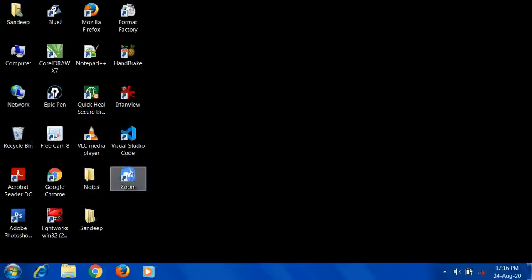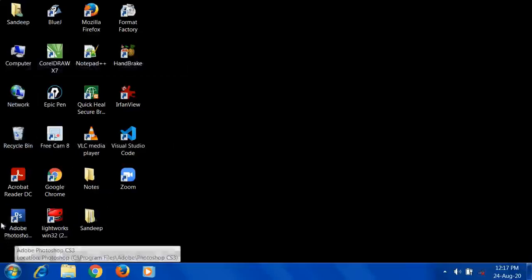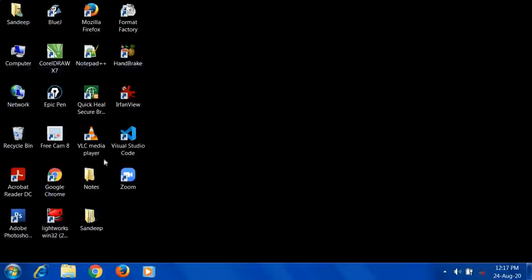Next is shortcut icons. A shortcut is an icon containing a direct route to a specific application, document or folder. First of all, let's see how we can recognize a shortcut icon. It has a small jump arrow on its lower left corner. You can see here, one arrow mark is given. But you don't have that arrow mark for Computer, Network, Recycle Bin and so on. So if an icon has the small arrow, it is a shortcut icon.